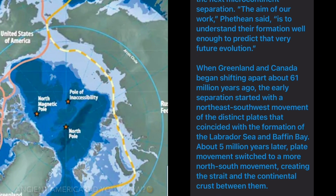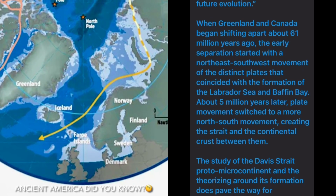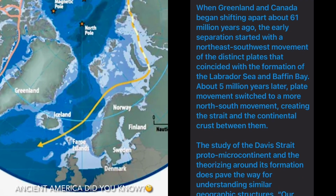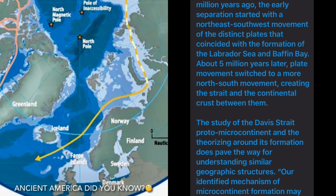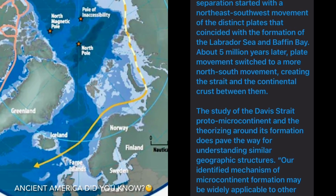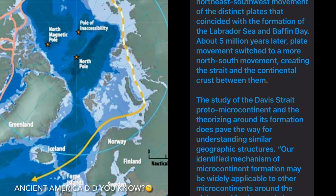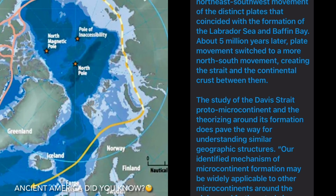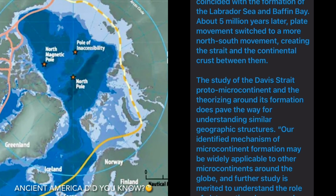When Greenland and Canada began shifting apart about 61 million years ago, the early separation started with a northeast-southwest movement of the distinct plates that coincided with the formation of the Labrador Sea and Baffin Bay. About 5 million years later, plate movement switched to a more north-south movement, creating the strait and the continental crust between them. The study of the Davis Strait proto-microcontinent and the theorizing around its formation does pave the way for